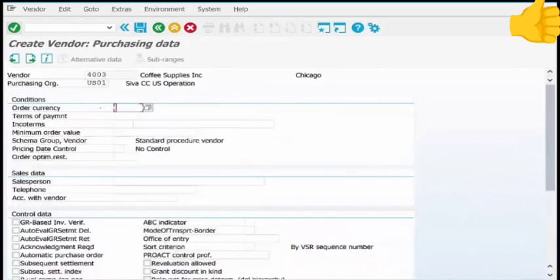Keep going, we don't worry about dunning. And then the order currency is USD, say, and terms of payment is 0002. Now, why do we have two terms of payments here? Let's see. This is where the different views come in. So the vendor,